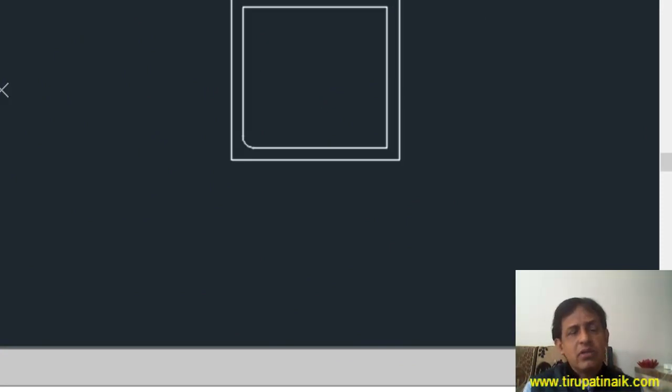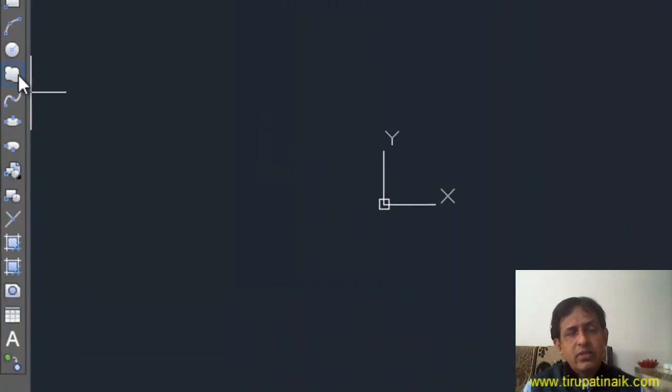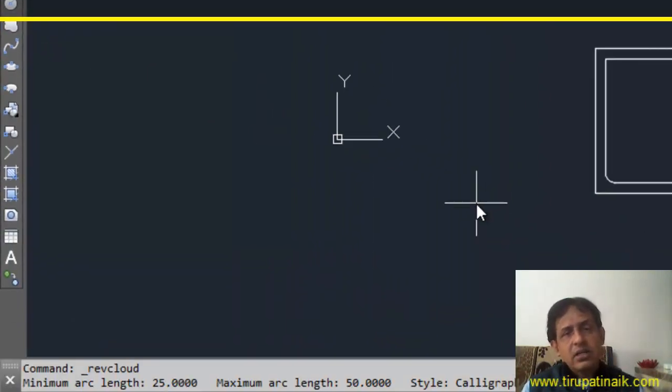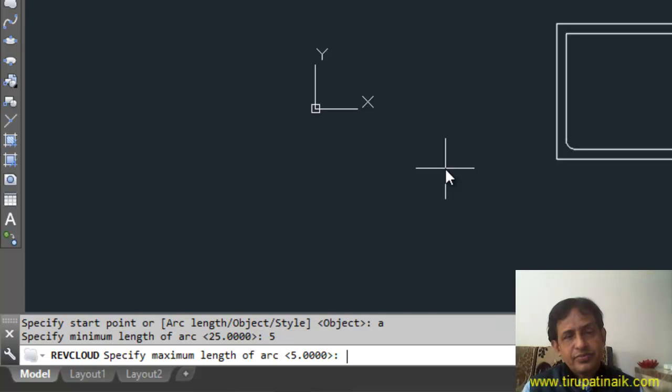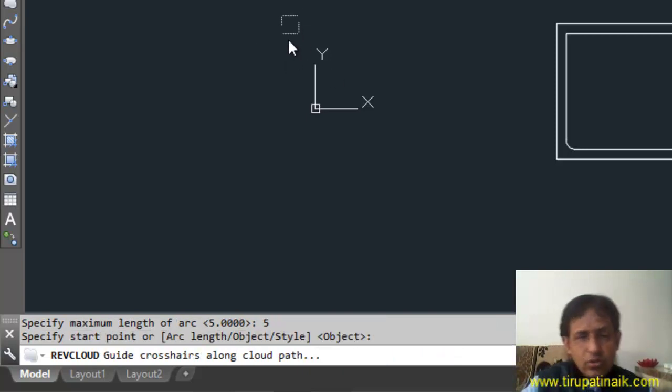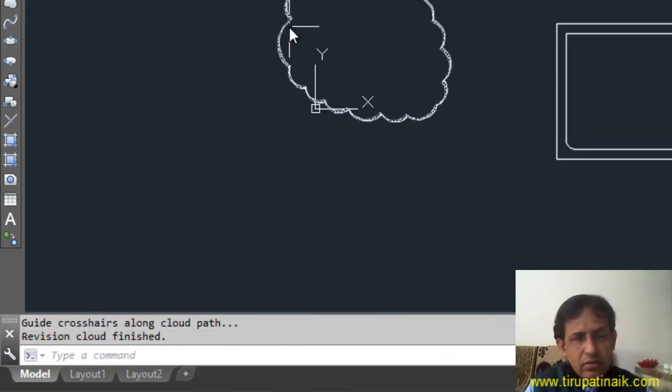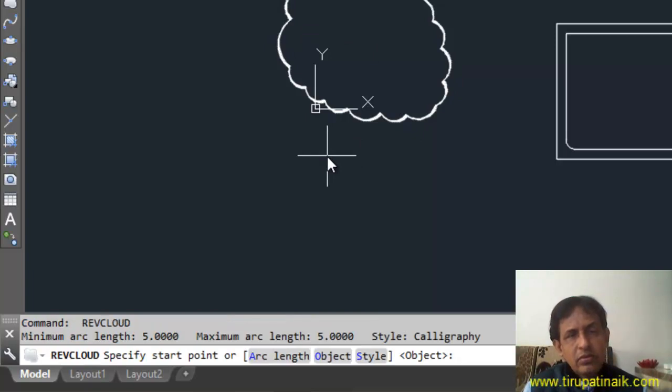So in this cloud command, what I had shown you about, one is about the calligraphy to normal, and the second one is to increase the shape of arc. Okay, so again I can change to normal size, again 5 and 5. Now this is the smaller one.